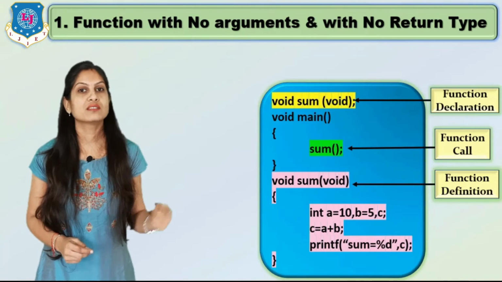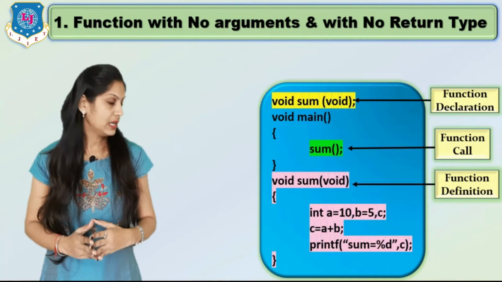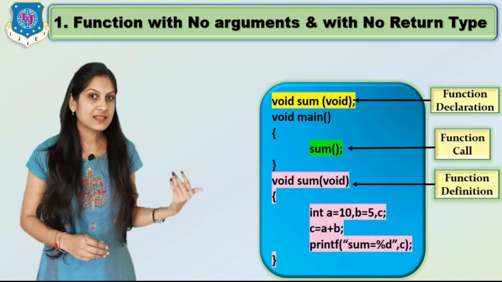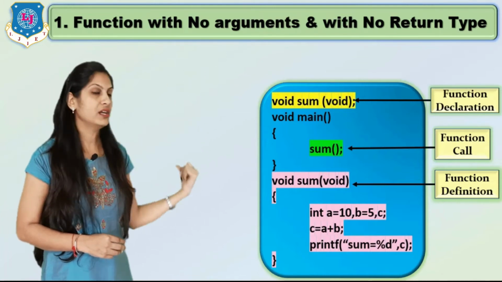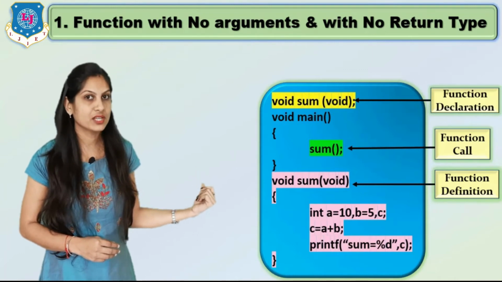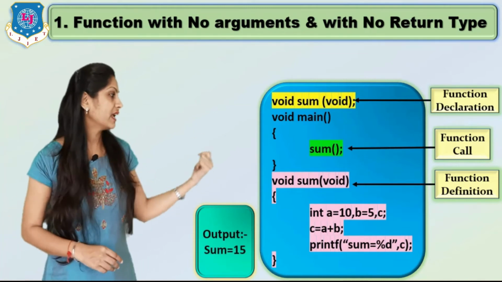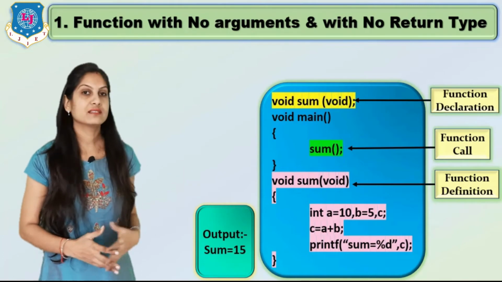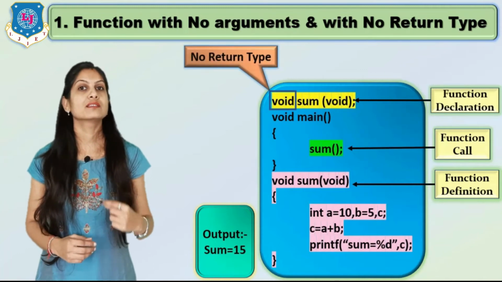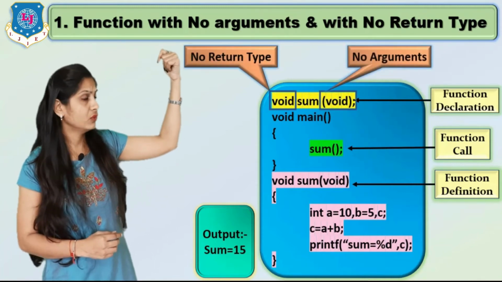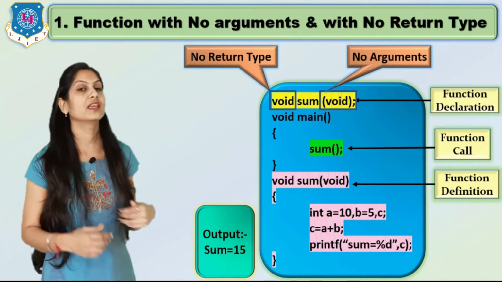Without user defined functions also this program can be written, that we already discussed. Clear? Now when this program is executed, the first function call will happen. So the function is called and the function definition will be executed, and the message is displayed like sum = 15, because our a is 10 and b is 5. So the final answer is what? Sum = 15. So which category is this? Void indicates no return type, and the argument is there, no. So we can say no argument.